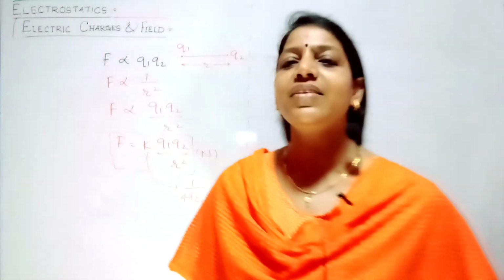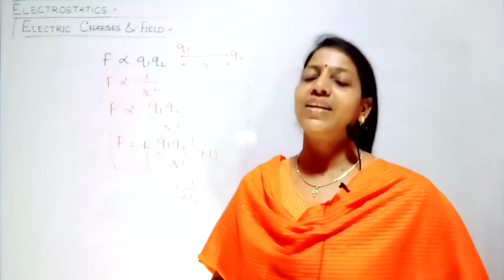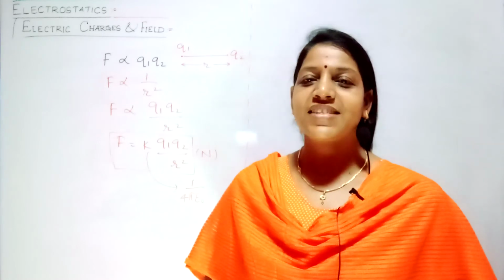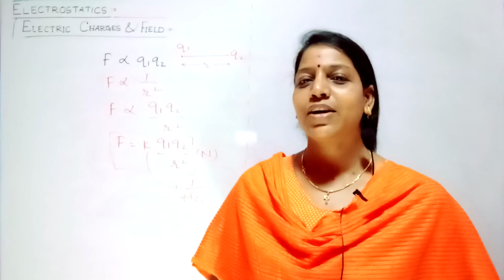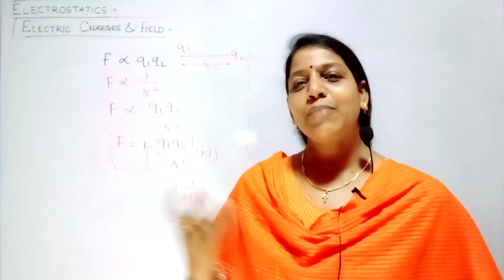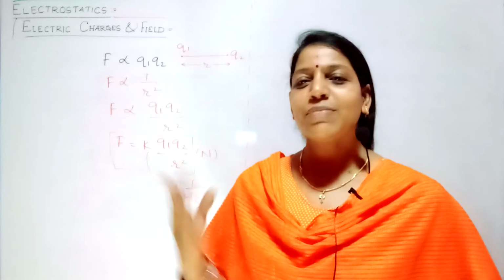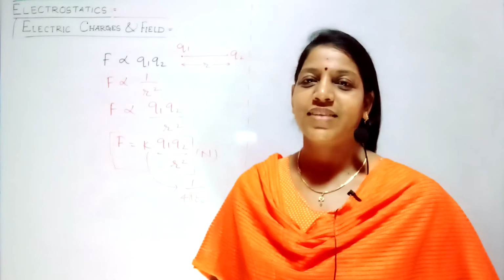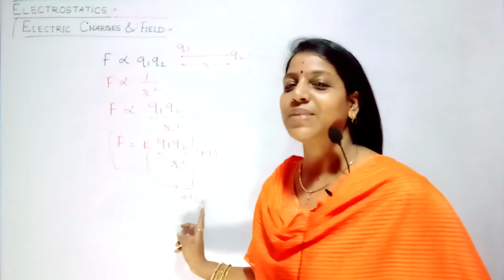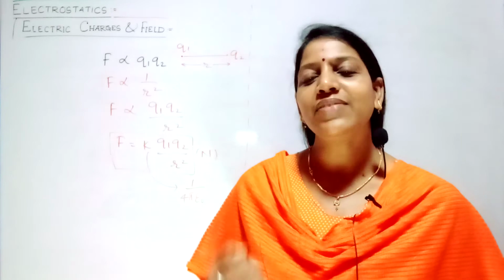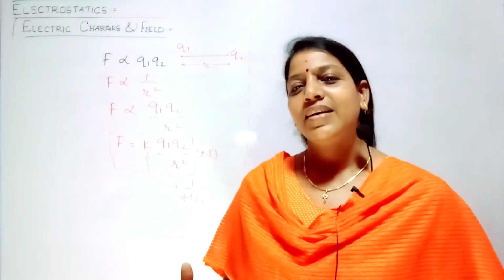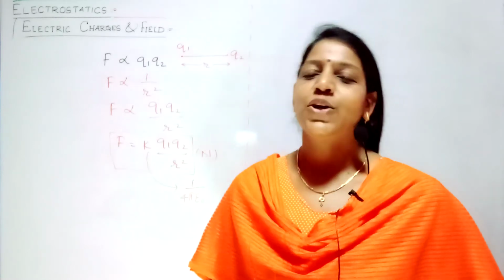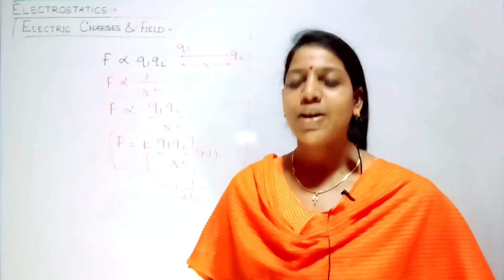What is epsilon naught? I'll tell you a simple example first, then you can easily understand. If you are going late, some teachers will allow you inside the class, some teachers will not give permission. So you say that ma'am is good, she is allowing, and that ma'am is not good, she is not allowing. Based on that, the same concept is here. Epsilon naught is permittivity: how much that space or vacuum allows the number of lines of force to pass through it. That is called permittivity.